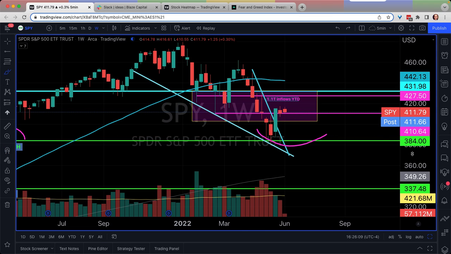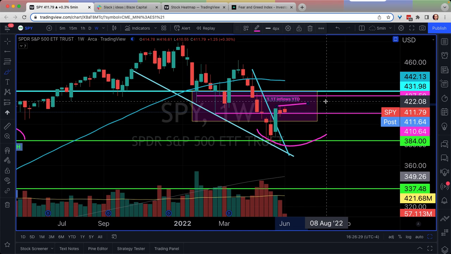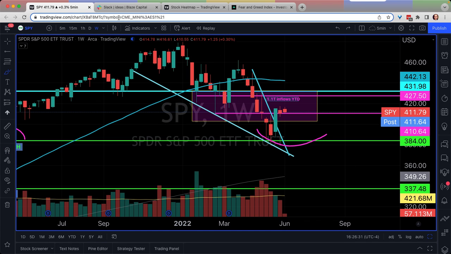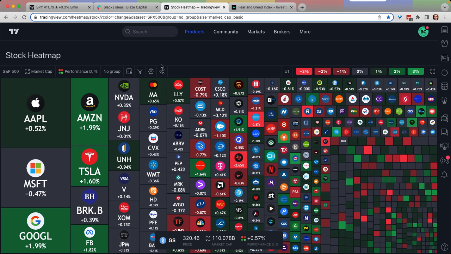So in terms of where SPY is going to go, all we have to do is pay attention to the levels. It's that simple. And the levels right now are 405 for that daily IHS, 410.64, and then we got 415, which is a psychological area, and then we got roughly 417.5. Splitting the difference between 415 and 420 means we're going to print a weekly higher high. That's pretty much it. If we now look over here to the broader market, we can see that it's getting a little bit better.